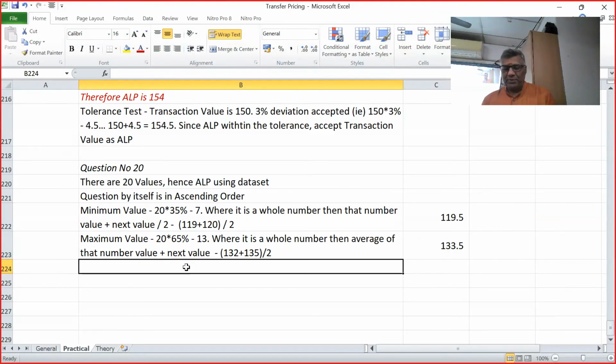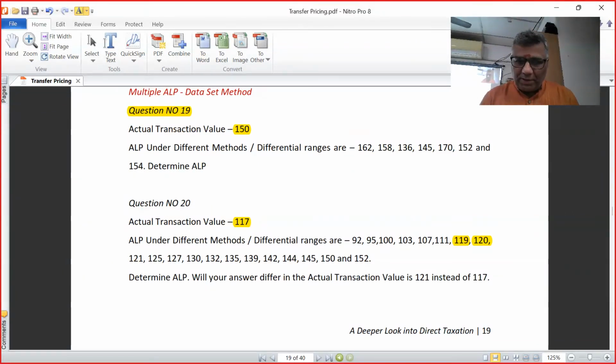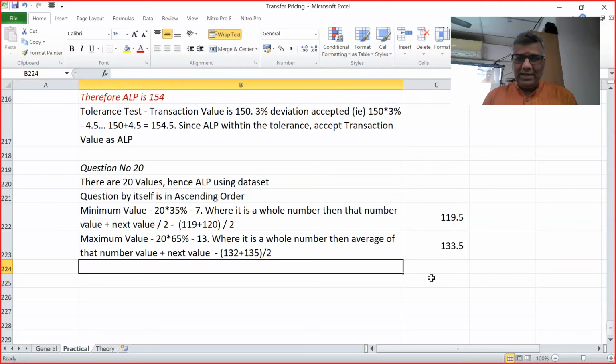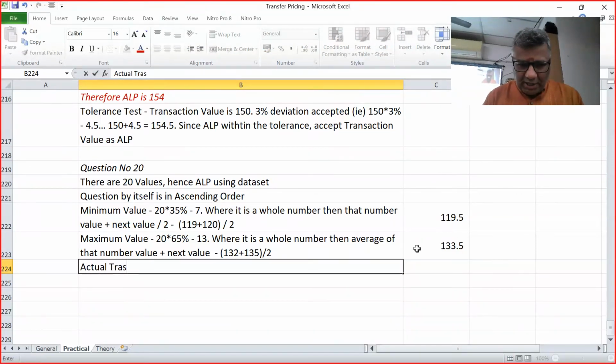Okay. In the second part of the question, first answer: will your answer be different if the actual transaction value is 121? Yes, because it will be within that range. So I'll answer just within the range, no problem. Once we finish the 121 answer, we can move on. But now the actual transaction value